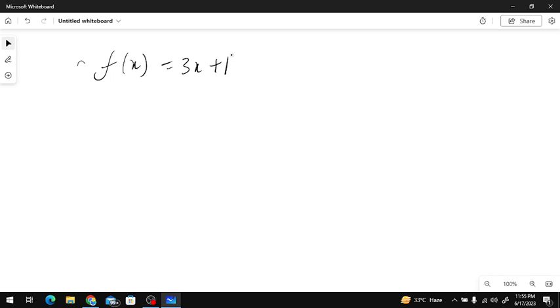It's a function, a linear equation in one variable. A function means if you put in a value, and similarly we can also say y equals 3x plus 1. So now if you put in a value like x equals something, 1, 2, 3, 4,